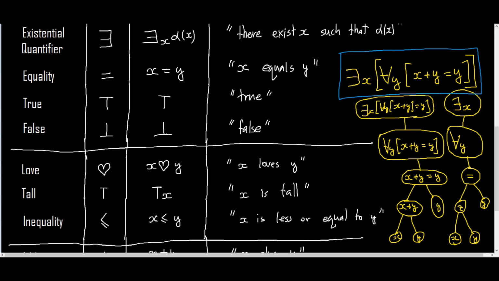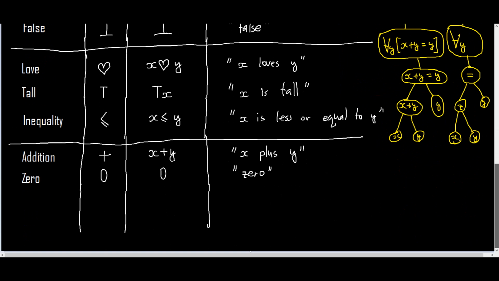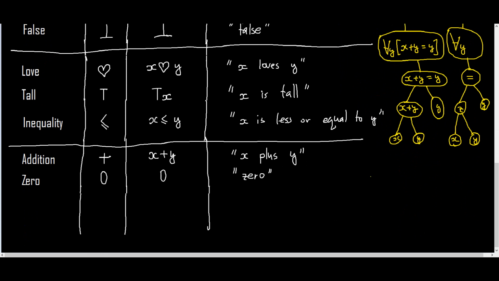This x is 0. But instead of x plus y equals y, what if I had for every y there exists x such that y plus x equals 0. This is still fine because we're saying for every y there needs to exist x such that y plus x is 0, and that actually will be true because we can pick x to be minus y, so such an x really exists for every y. But now if I swap the order around,